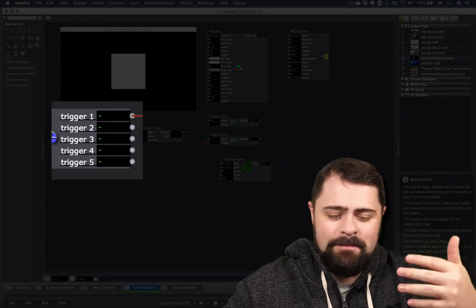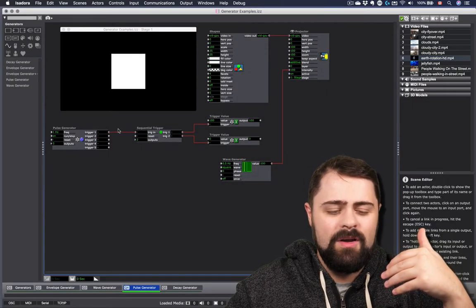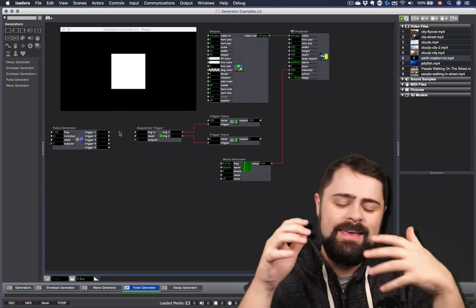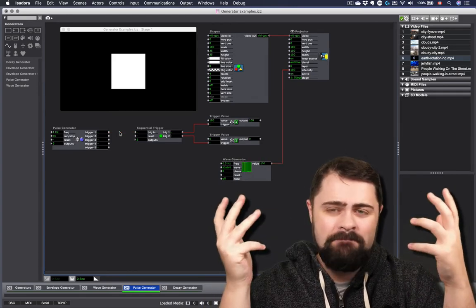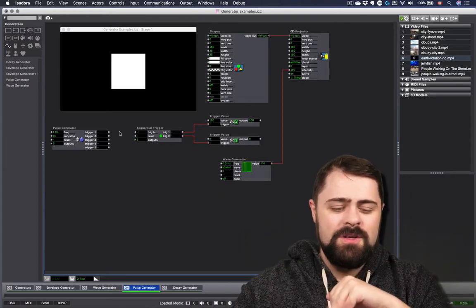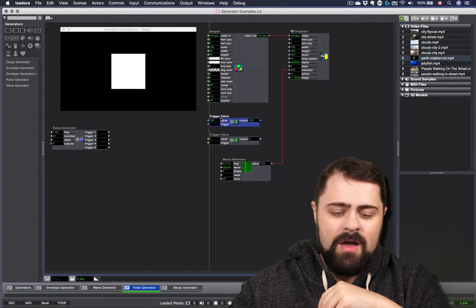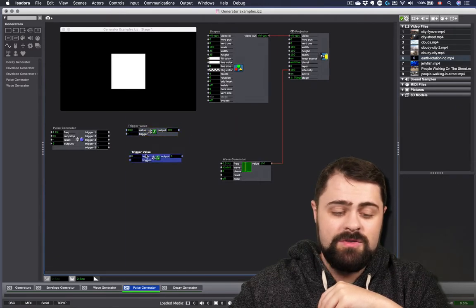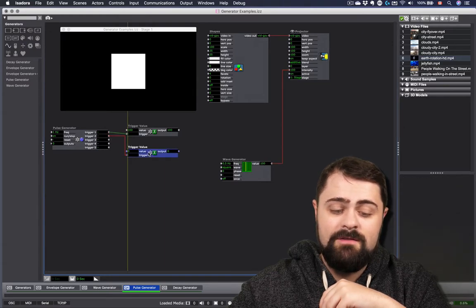So once again, this little example that I've made to show the pulse generator at work is actually embedded inside several of our other generator actors already. Might not be obvious at first. So once again, I wouldn't even need to use the sequential trigger actor. I could simply have these trigger values connected directly to the pulse generators respectively to create the effect that I want.